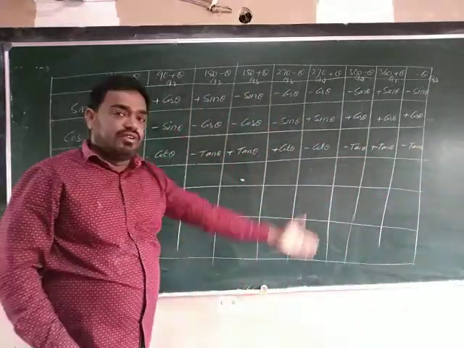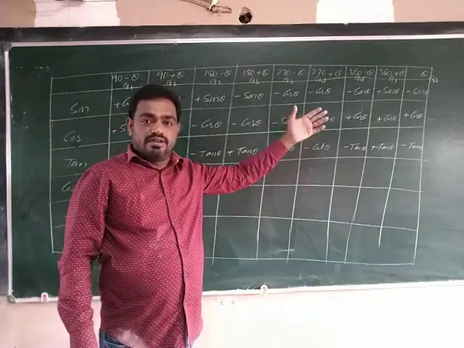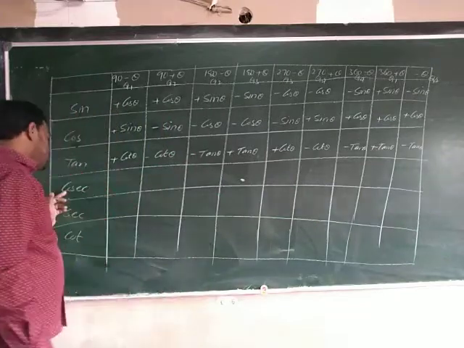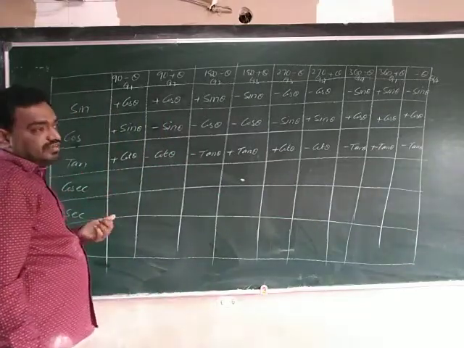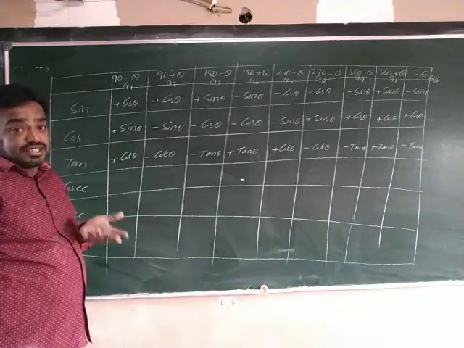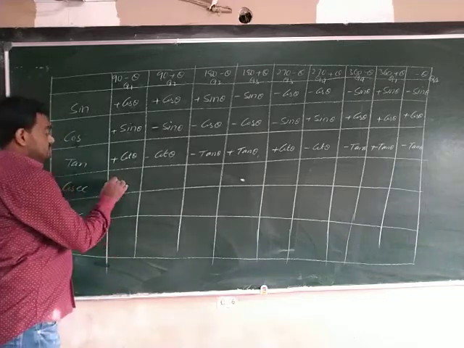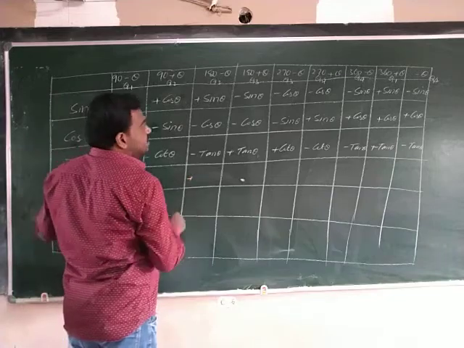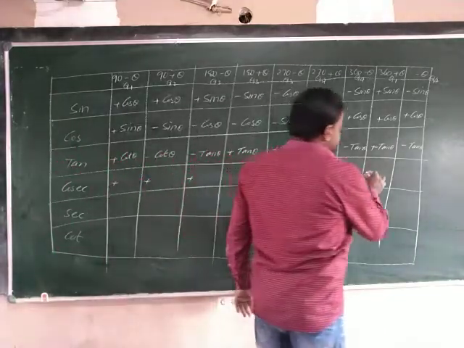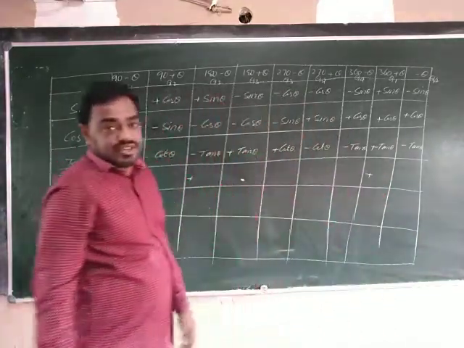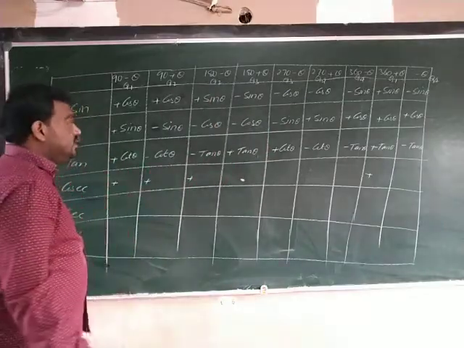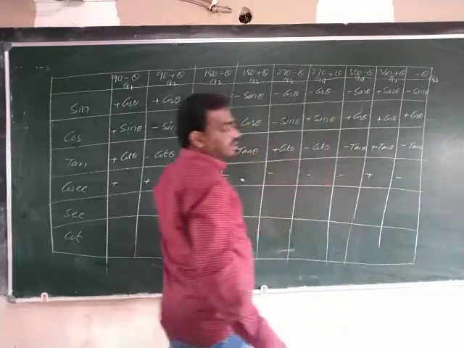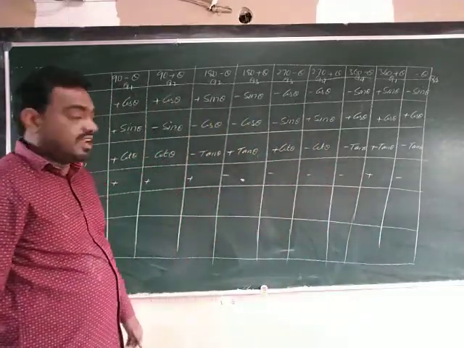The last column was already discussed in the second video. Next, cosecant. For cosecant theta, in which quadrant is it positive? First and second quadrant it is positive. This is the first quadrant: 90 minus, 90 plus, 180 minus and 360 plus. These are the first and second quadrant angles. In the remaining angles it is negative.